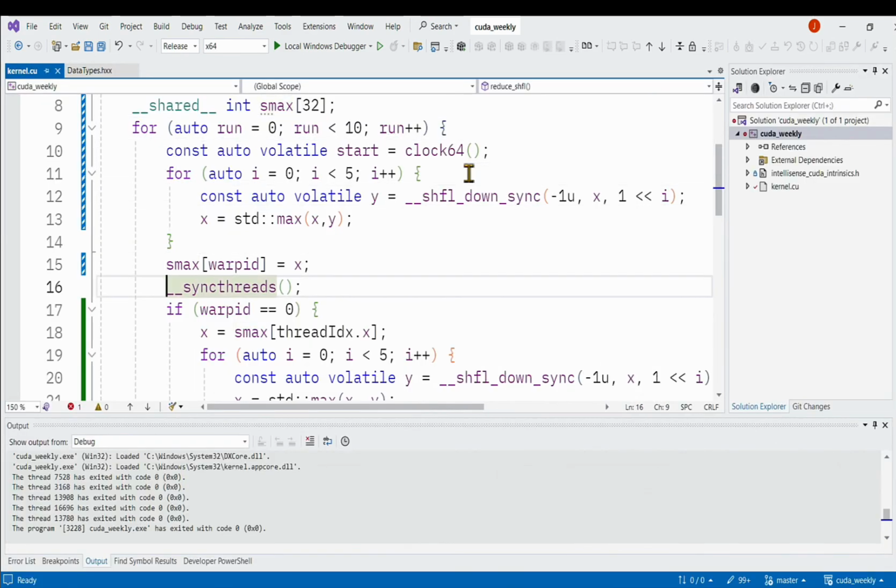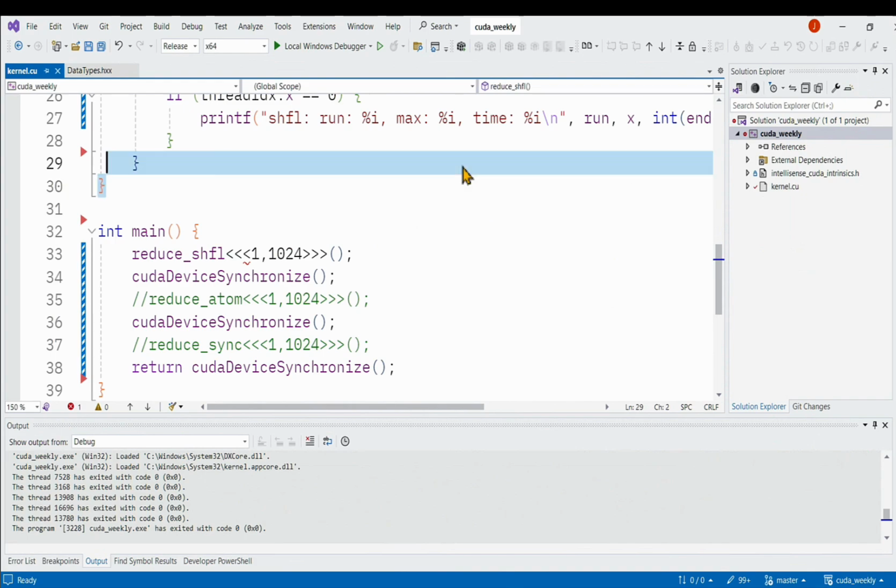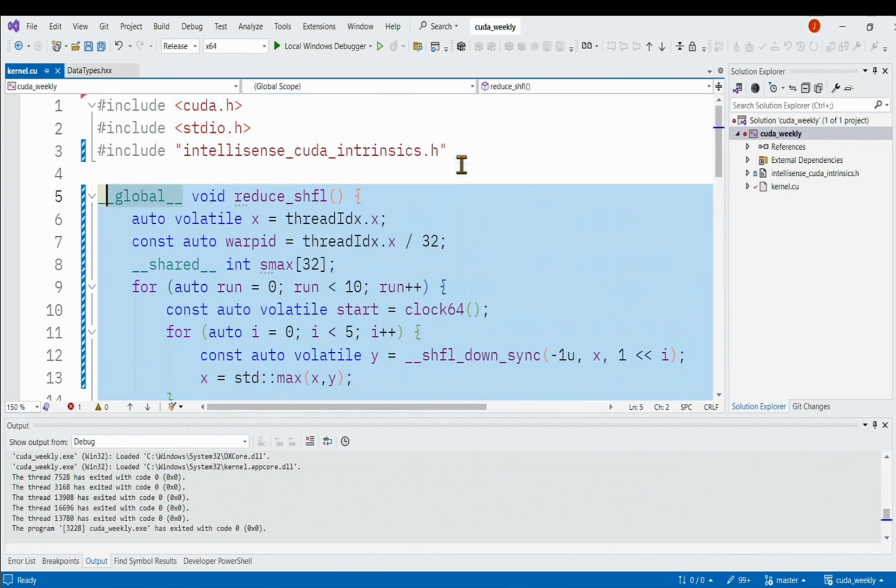We were using a shared array here, and we have really efficient atomic operations on shared data. So let's have a look how fast that goes. I'll copy this whole thing and make a few changes.